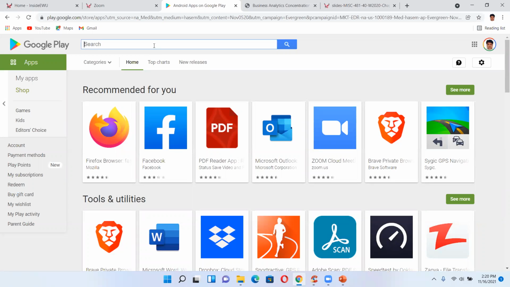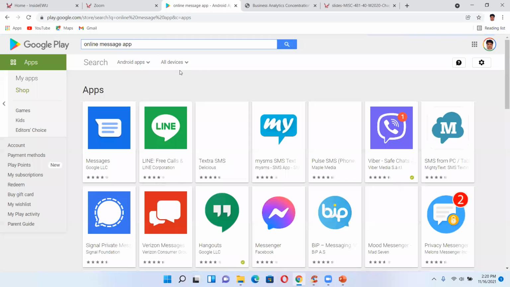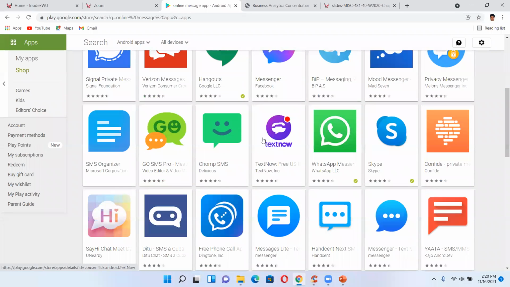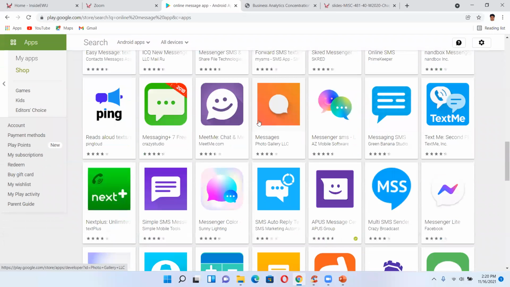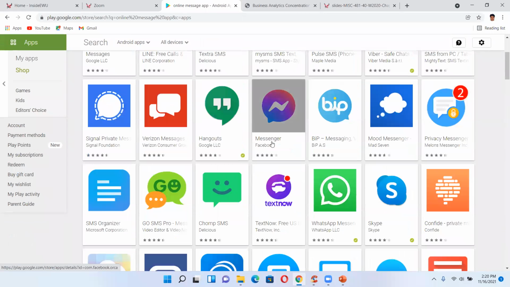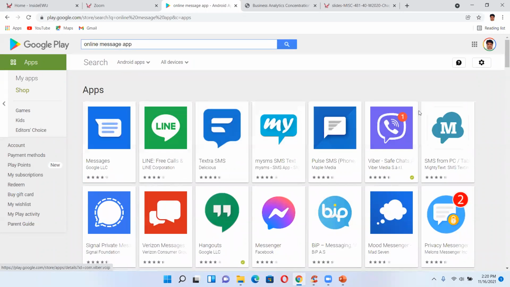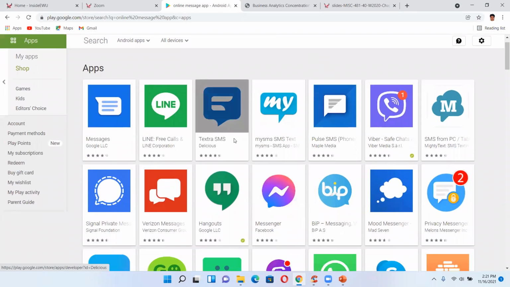Online messenger apps. There are, how many are there? I mean, to be honest, even I don't know all these things. I use only 2 or 3. I use WhatsApp, I use TextNow, I use one more which is called Signal, I think. So these are the few things which are there. These are all apps which are right here.